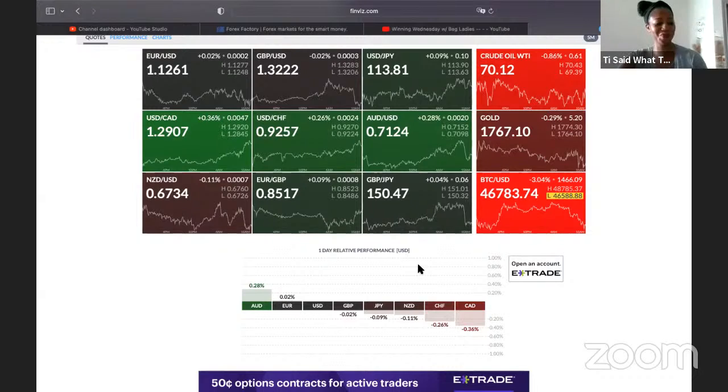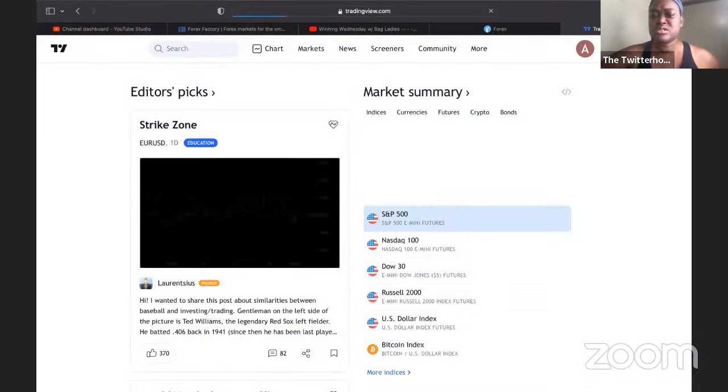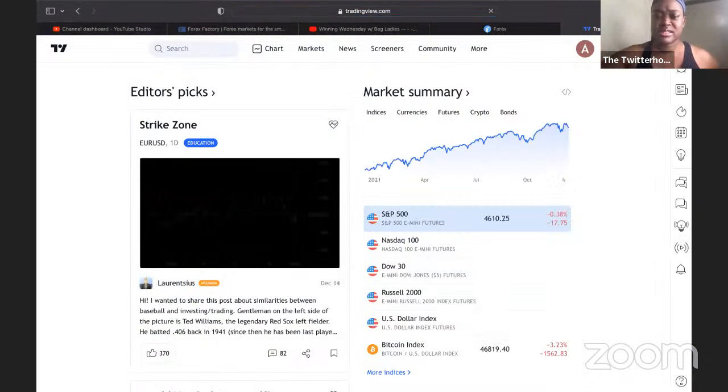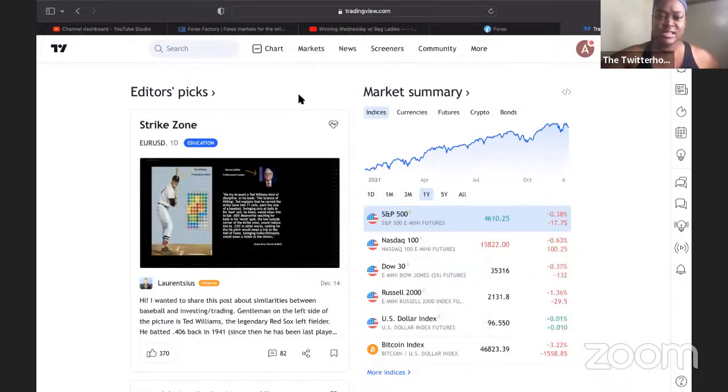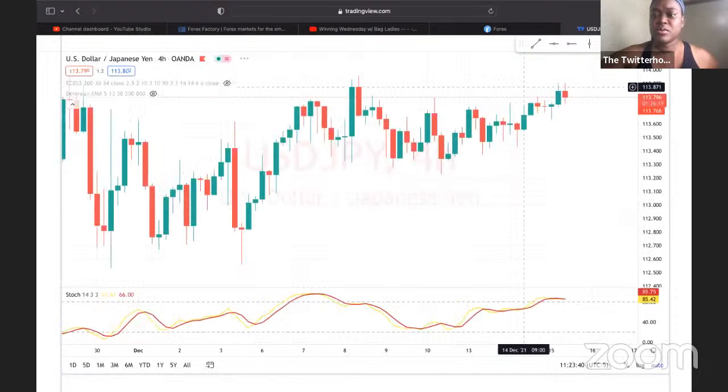All right. So we're going to go to TradingView, which is a free website. There is a paid version, but it's free to get started. Tradingview.com. You can just use your Google credentials to create an account. And I can direct you to a video that can show you how to use TradingView. So once you're here,